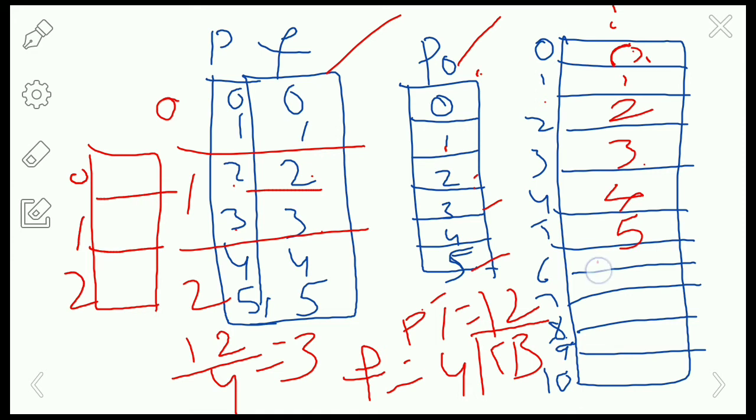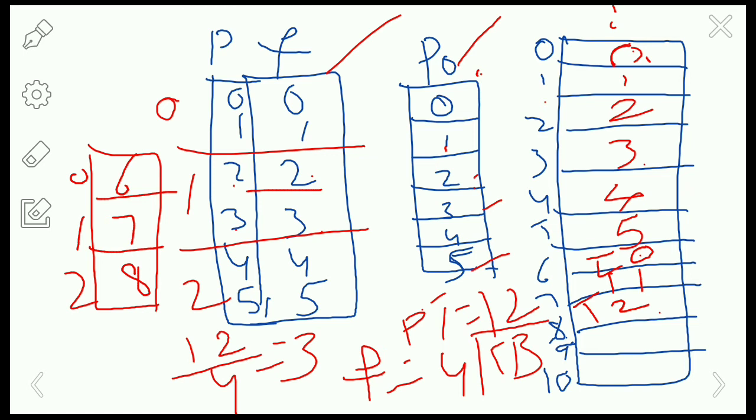Okay, so the page table 0th part will come in the sixth frame, and the page table first part will come in the 7th frame, and the second part will come in the 8th frame. Okay, so table 2. So T0, T1 and T2. So these are the page table, which are divided into pages and placed in the frames 6, 7 and 8. So these are placed in the 6, 7 and 8 in the main memory.